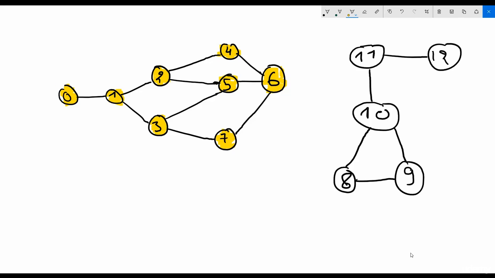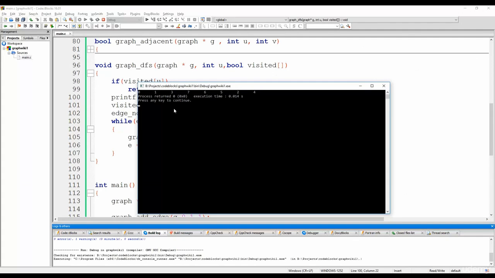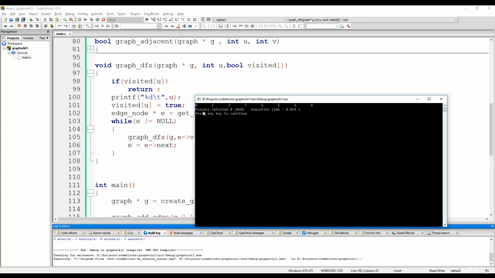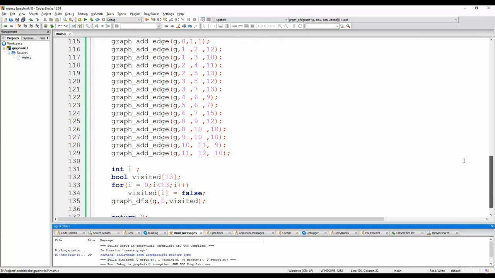So we're going to have to put our graph DFS function call inside a loop in order to make sure that all the nodes get visited. This is basically the order that we have just shown in the diagram: 0, 1, 3, 7, 6, 5, 2, and 4. So in order to make sure that we visit all the nodes, all we have to do is put the calling of the DFS inside a for loop. So for i starts at 0 to the very last node, so to 13 exclusive,